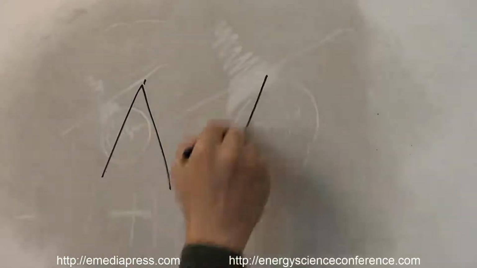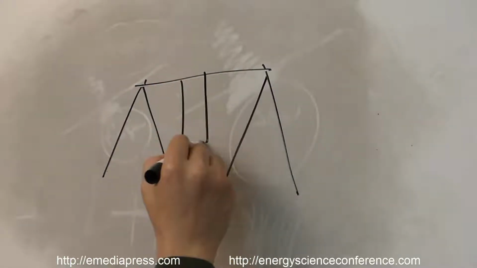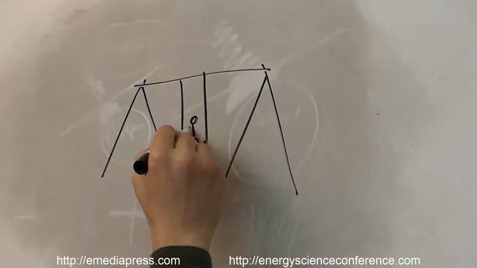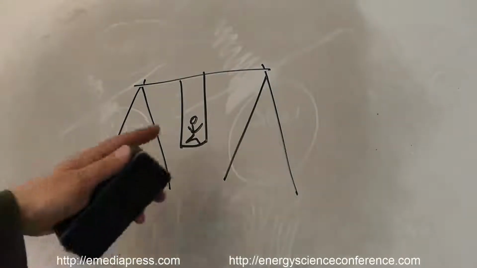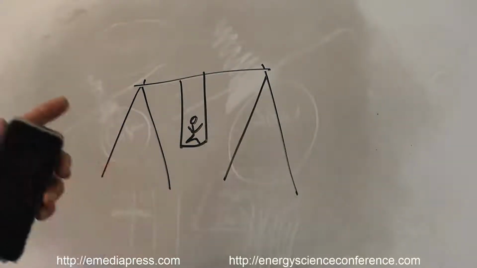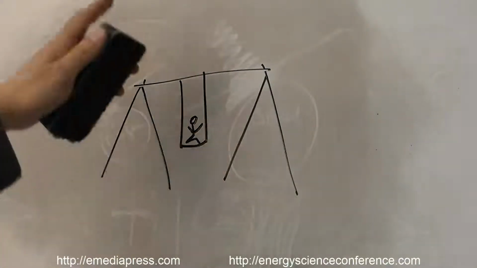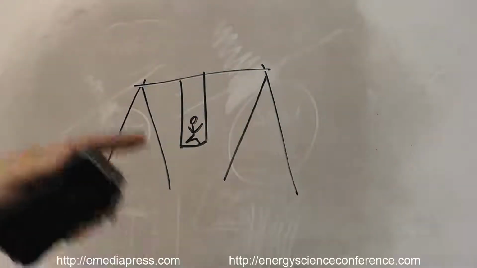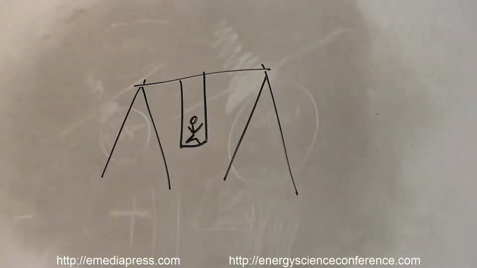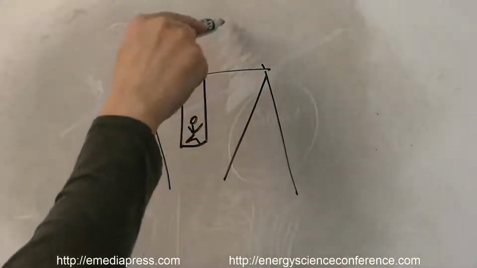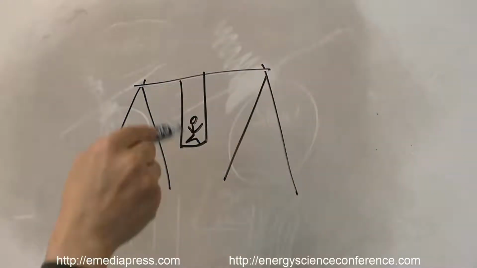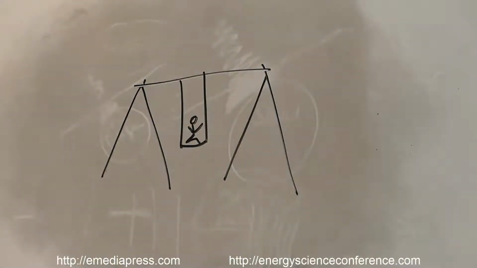If you have a child on a swing, let's say this is a swing set, and you got a little kid here swinging on a swing set. If that kid swings at an equal periodic beat, 1 second, 1 second, 1 second, and you can get an equal graduated marking to indicate every time that kid is swinging, that's just as valid of a clock as a regular clock